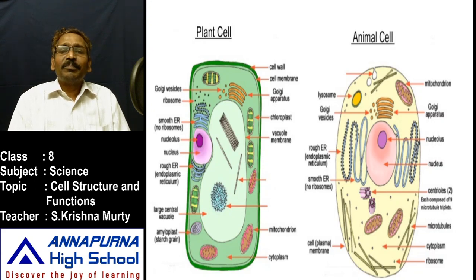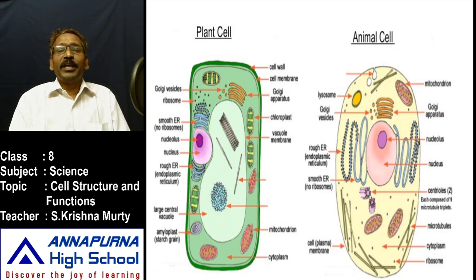So this plasma membrane is made up of proteins and lipids. While the cell wall contains only cellulose and lignin, the plasma membrane, which is very delicate, soft, flexible, and selectively permeable, is made up of proteins and lipids. The entire membrane, wherever it encloses the cell, is made up of only proteins and lipids.